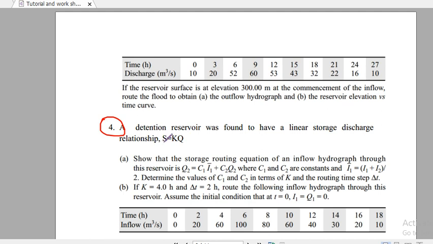Now, a detention reservoir was found to have a linear storage relationship. Then show that the storage routing equation of an inflow hydrograph through the reservoir is Q equal to C1 I average